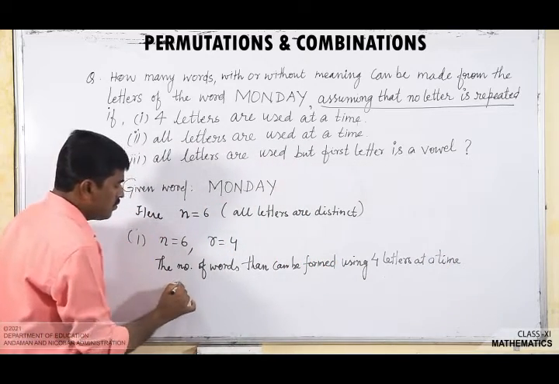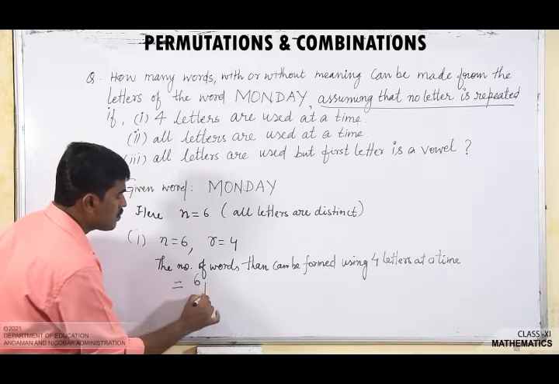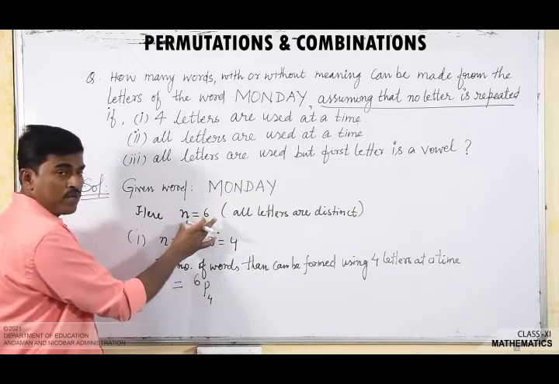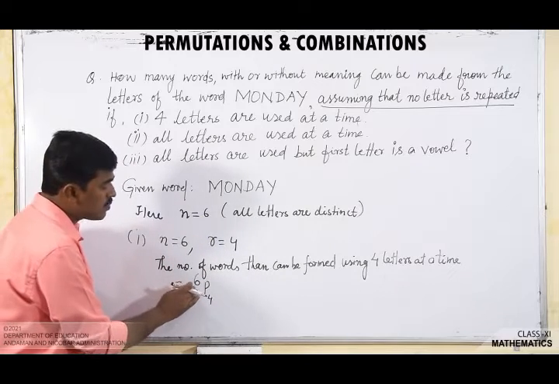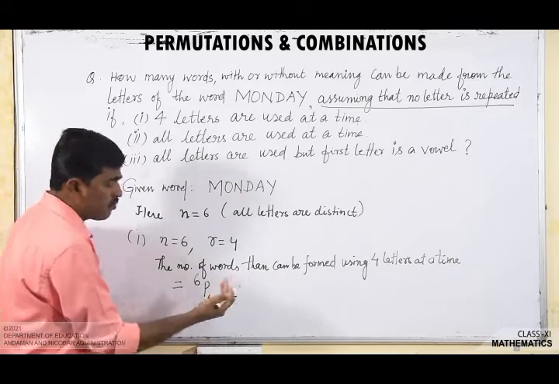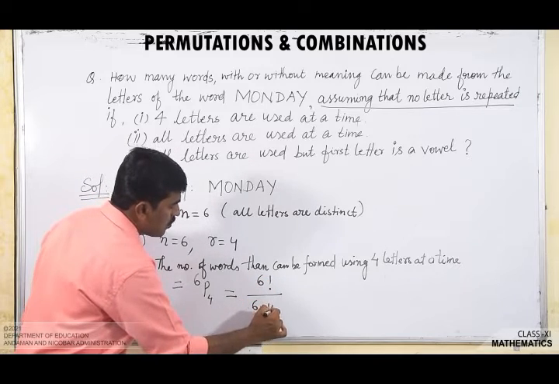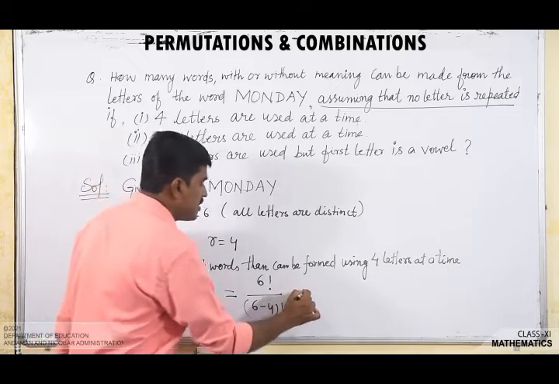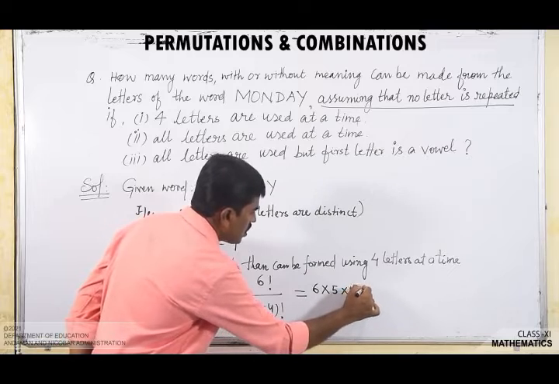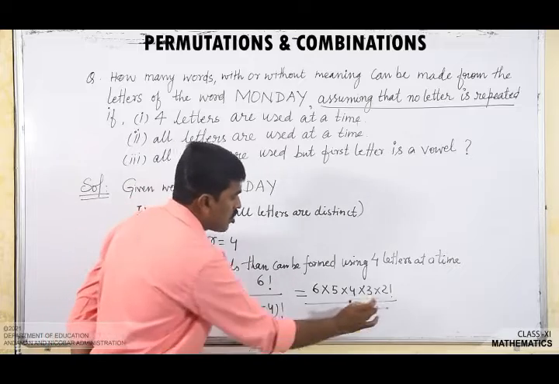That is equal to, what is the formula? It is nPr. So that is equal to 6P4. 6P4. So we have to take 4 letters at a time out of these 6 letters. So it is denoted by 6P4. It is the case of permutation of 6 different objects taken 4 at a time. And we know how to calculate the value of this 6P4, that is 6 factorial divided by (6 minus 4) whole factorial. Okay. And that is equal to, we can write it as 6 into 5 into 4 into 3 into 2 factorial, and here the denominator is also 2 factorial, that is why I am stopping at 2 factorial.